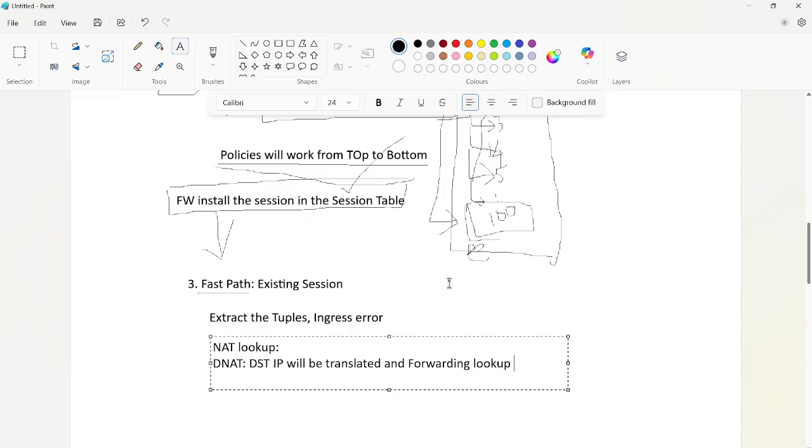If the route is available, it goes further, and if the route is not available, the traffic will be dropped here.